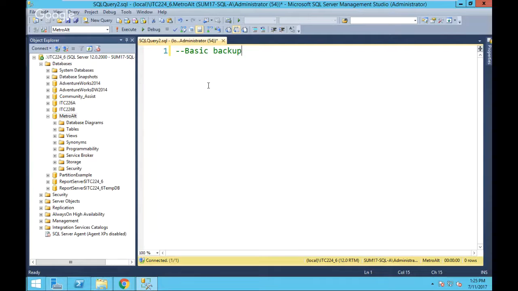Later, not today, but later I'll show you how to automate some of these things. So typically with a backup, you don't want to have to do it manually, so you can create an automatic backup. But today we're just going to do it manually. I'm also going to